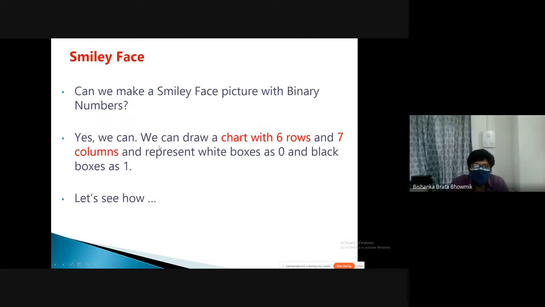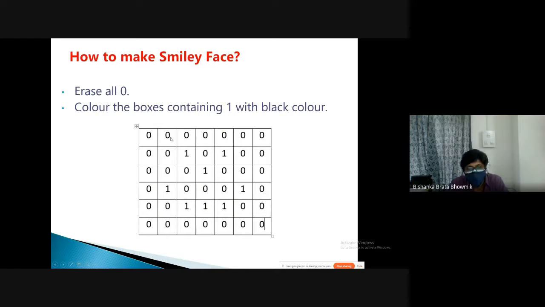Okay. So you provide them that, and then write on the board all zeros, and then 0 0 1 0 1 0 0, then 0 0 0 1 0 0, then 0 1 0 0 1 0.